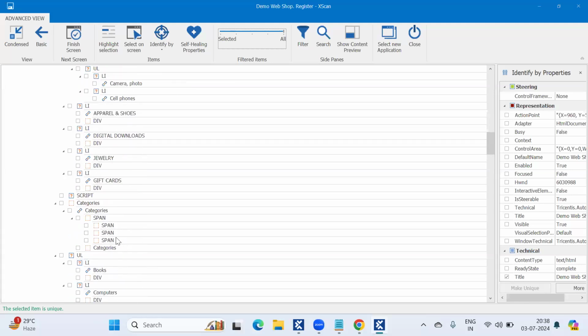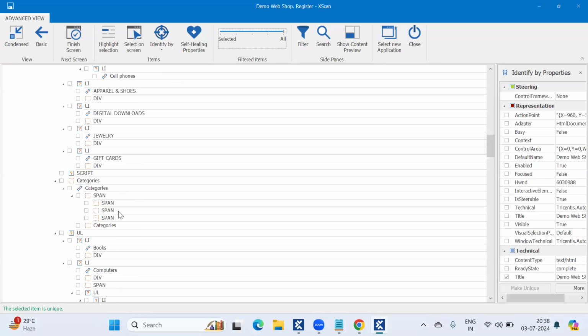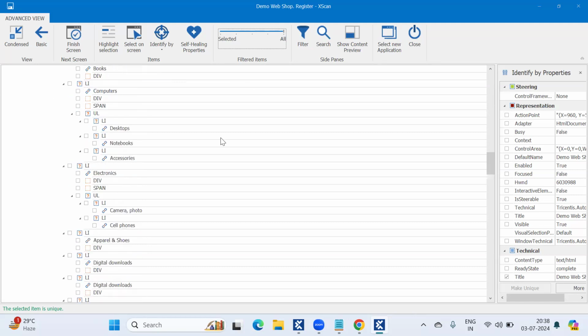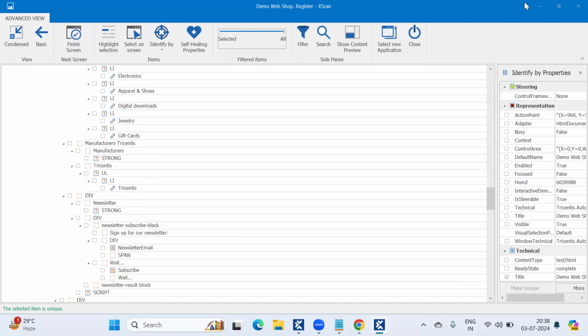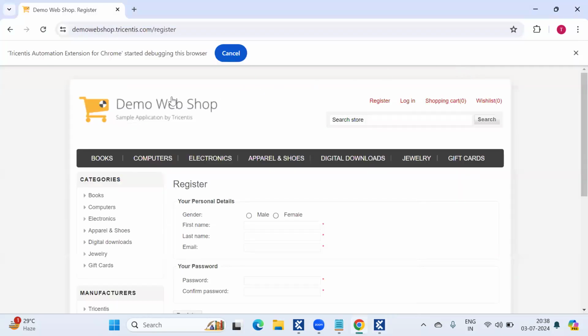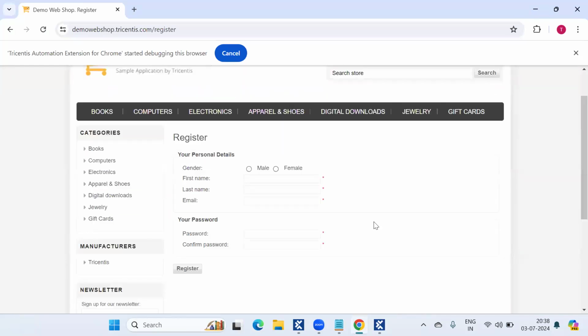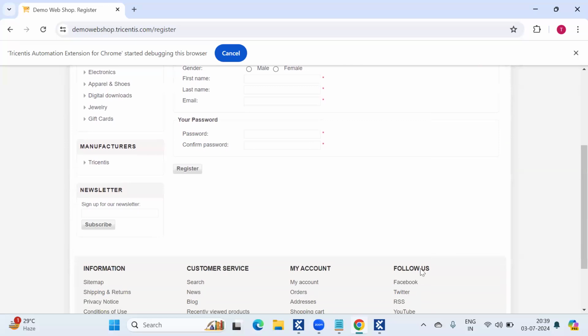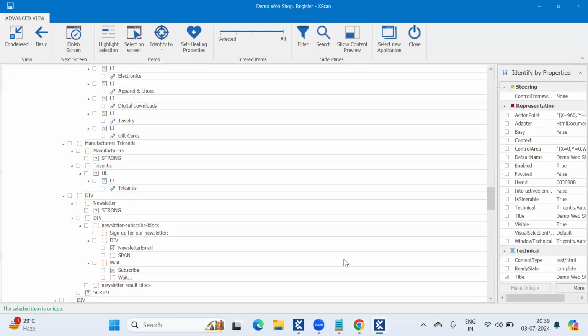You can see only this categories link, but if you expand and drag these filter items from selected to all, you can find all the controls present in this page, whether visible or invisible. All the controls will be available on your XScan window.